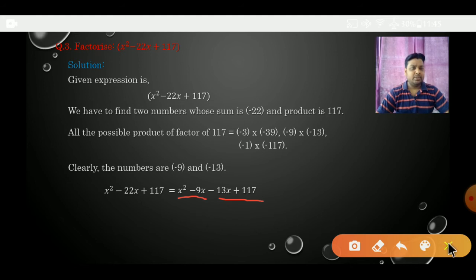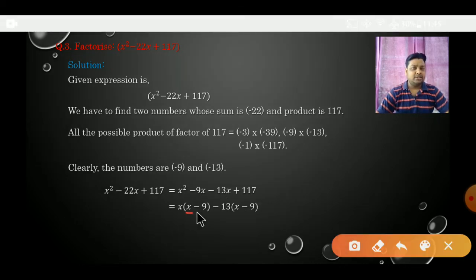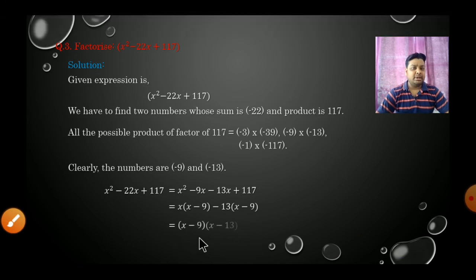Okay, and if you take the minus sign outside, 13 also you have taken. So minus 13 we have taken out. So x will be left only. Now minus also taken out, so plus will be minus. Now 9 times 13 is 117, so 9 we will take out here. So now here you can see x minus 9 is common and x minus 13 is the leftover value. So we can write it as x minus 9 and x minus 13.